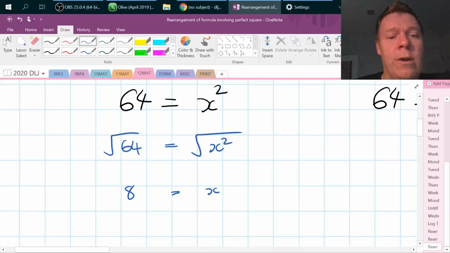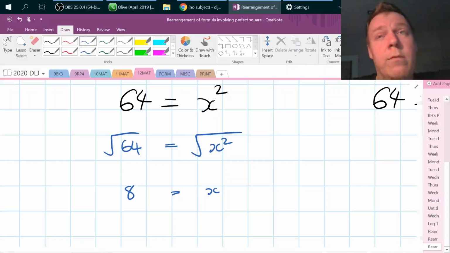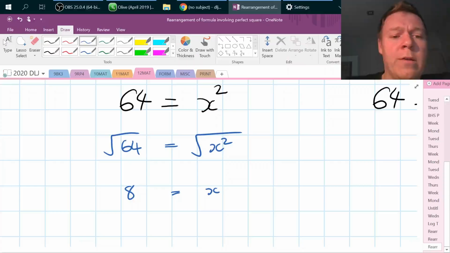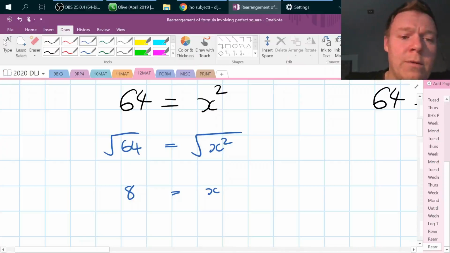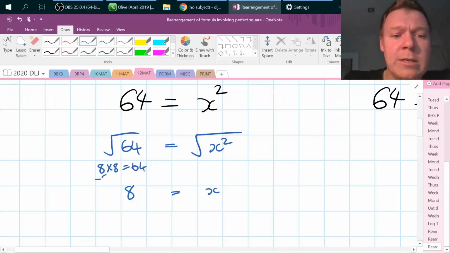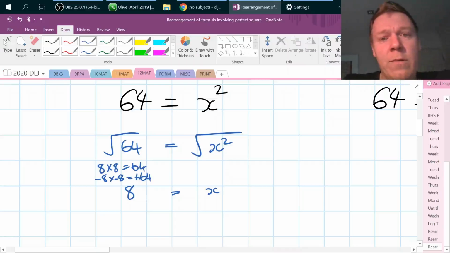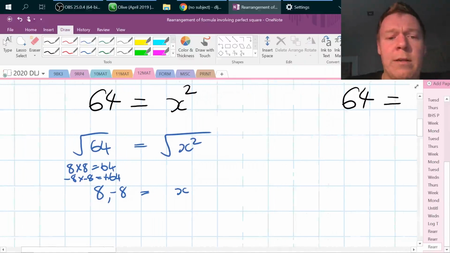Now, some of you might know that there's actually two answers for the square root of 64, because while 8 times 8 equals 64, so does negative 8 times negative 8. That also equals positive 64. So actually, whenever you take the square root, you end up with two answers, which are either a negative one or a positive one. So generally what we do instead is,